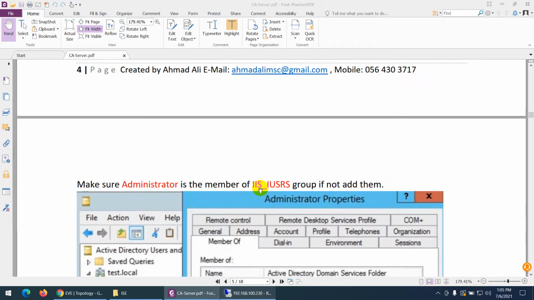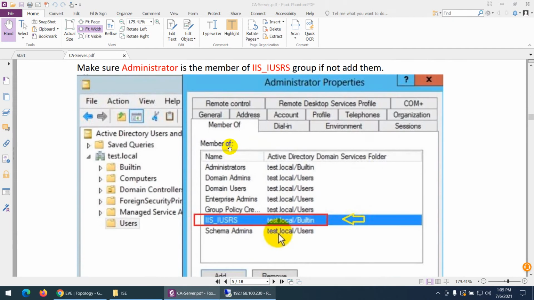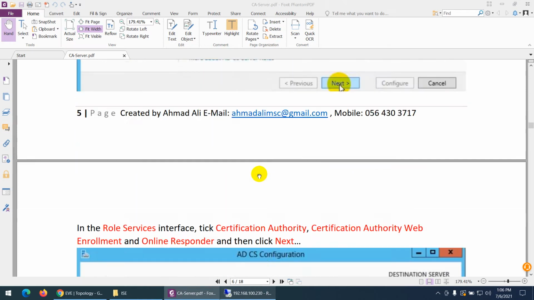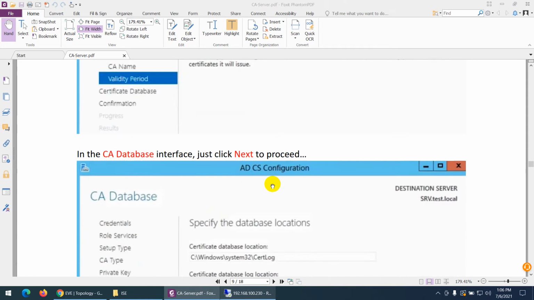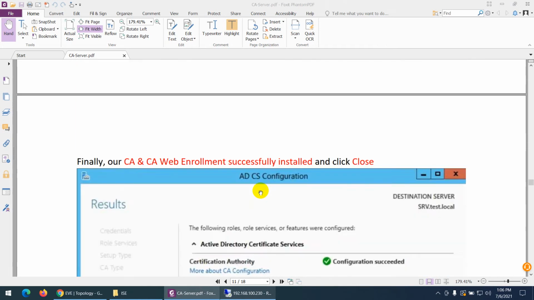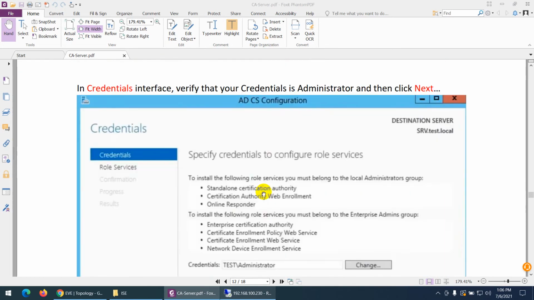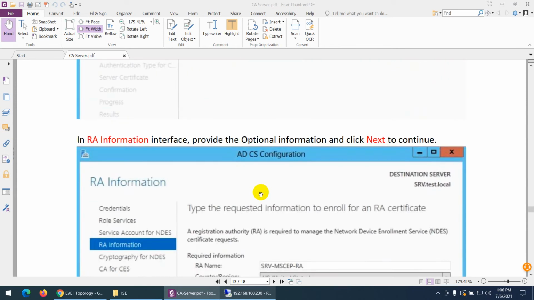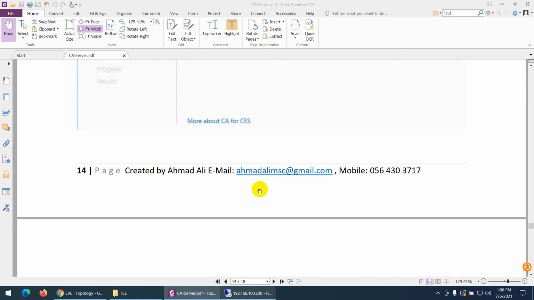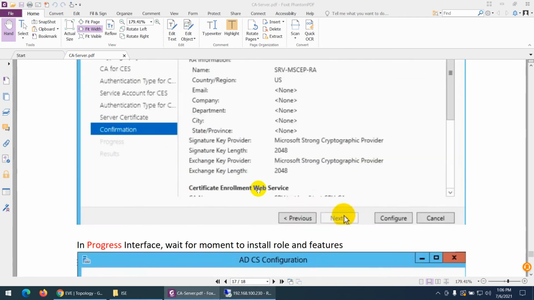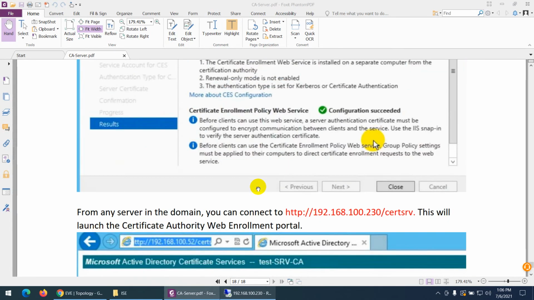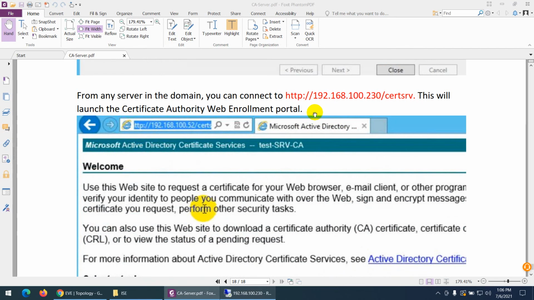So let me go. So we click this one. I go to administrator and I add this group, okay, which I showed you. Next we then configure each and everything. Let me go down. If I missed something, I just want to check and click yes, and then all these things we already did. Click next. It's okay now. This one is also okay. We did this part, and last we did this one,